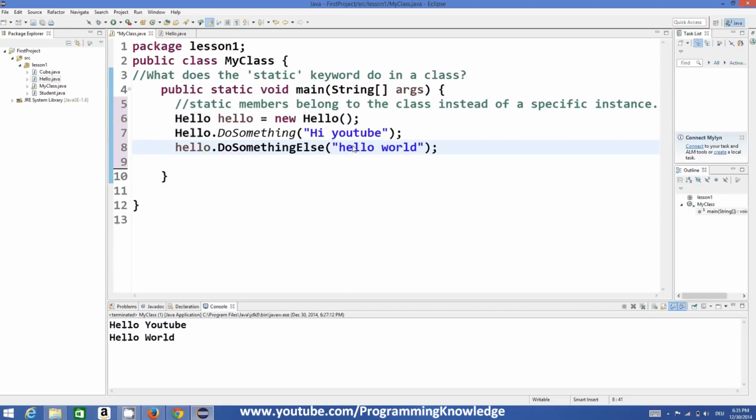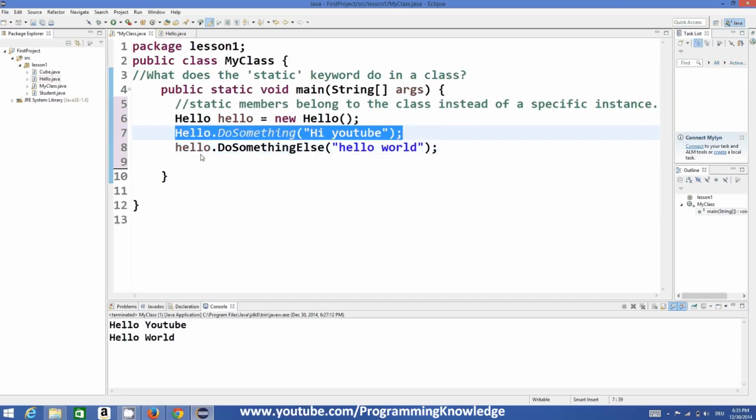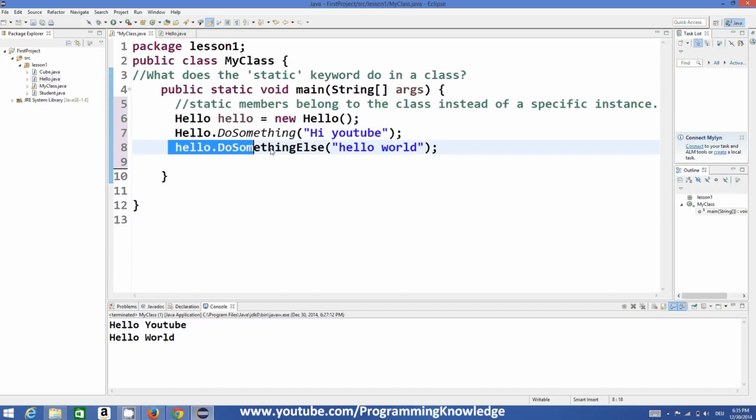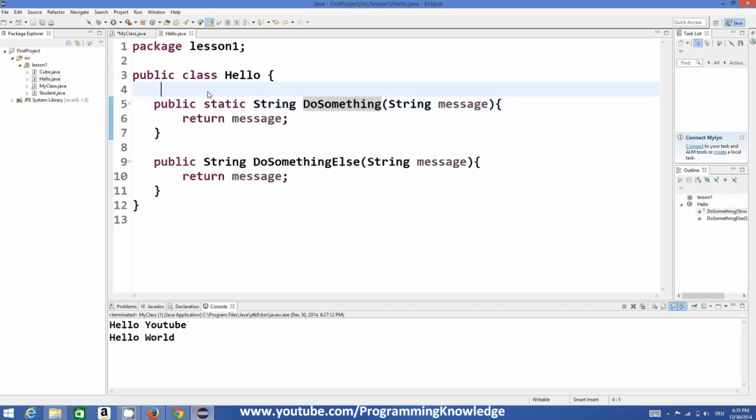So this is the correct way of using a static method, and this is the correct way of using a non-static method. You can even declare a variable as static, for example